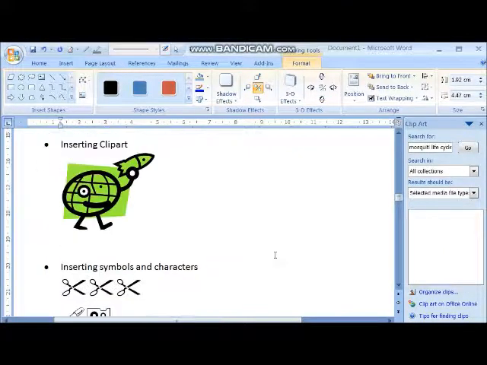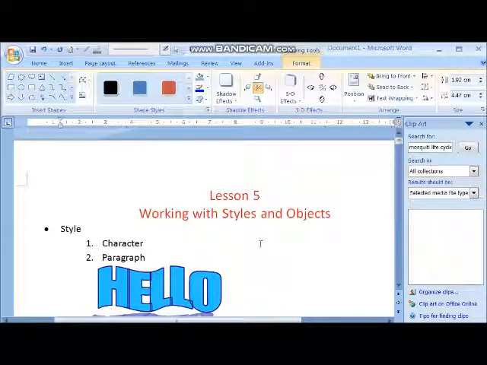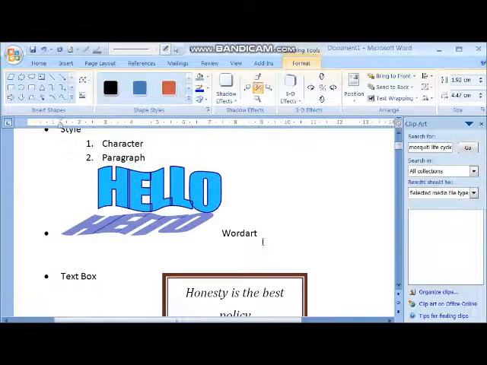Now we have learned how many things in this lesson. First we have learned styles. What are styles? Styles is a group of formatting which can be applied to your text or your paragraph. So two types of style, character and paragraph. Then we have learned word art, where to insert, click on insert. Style is available on home tab.